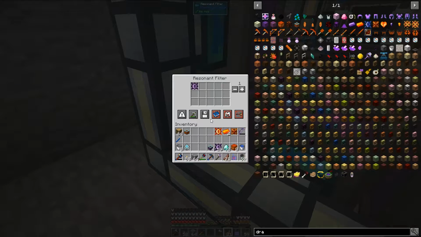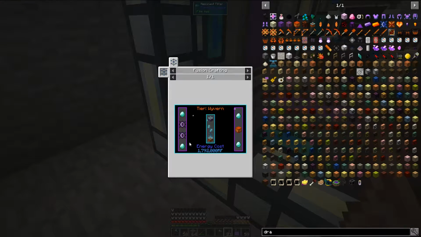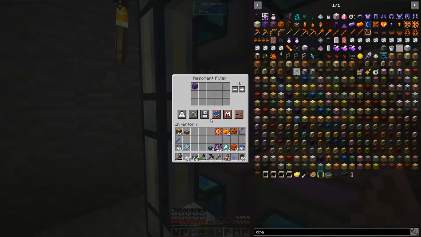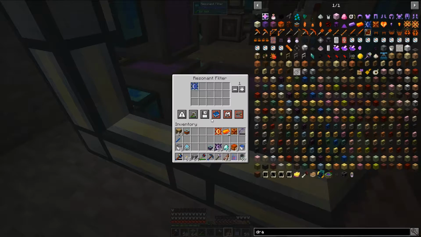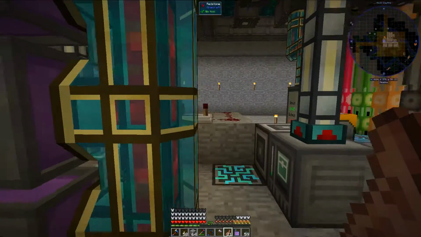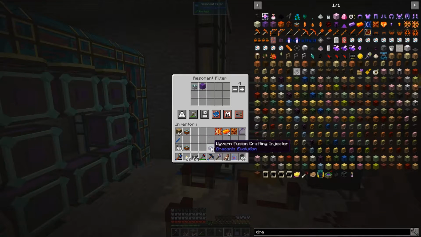I've got a Wyvern Core here. And now I forget what the recipe is. So 2 Wyvern Cores and an Awakened Draconium. So Wyvern Core. Let's do Wyvern Core here as well. And then the Awakened Draconium can be over here. And then obviously I need this to